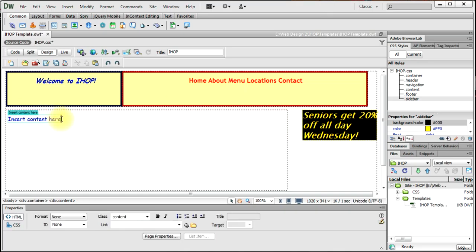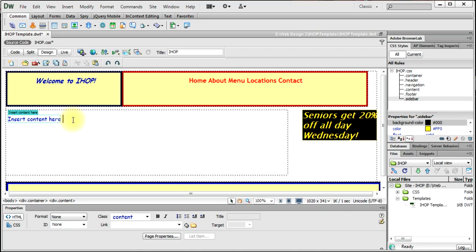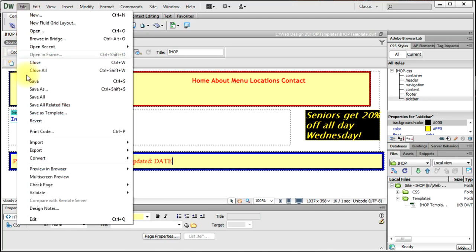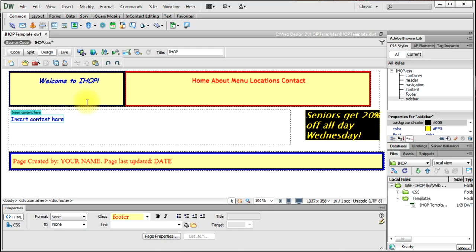After you have your content area, you are ready to modify your footer. So your footer should include the following: page created by, and then type your name, page last updated, and you would put the date. Okay, I'm going to save the template one more time, and you should do the same. And now I am going to close the template,